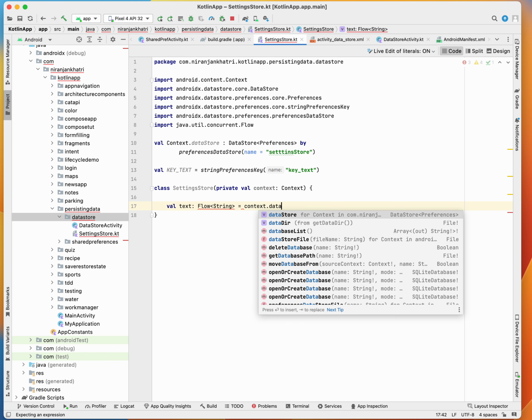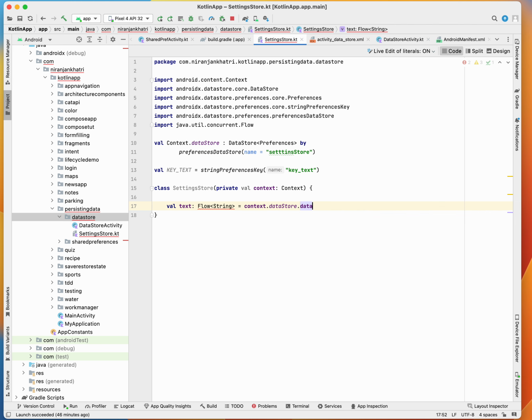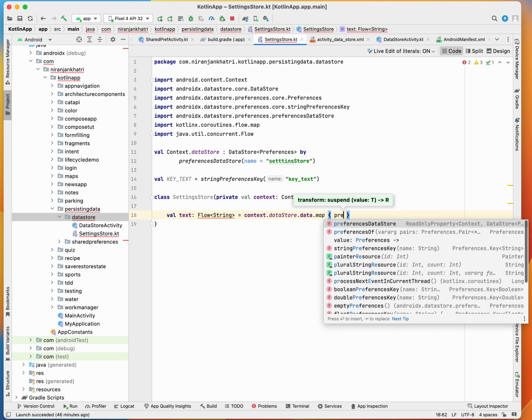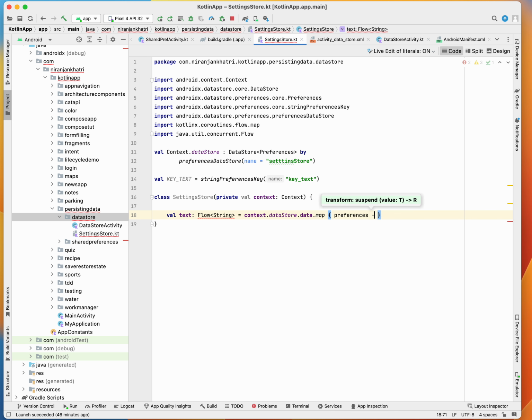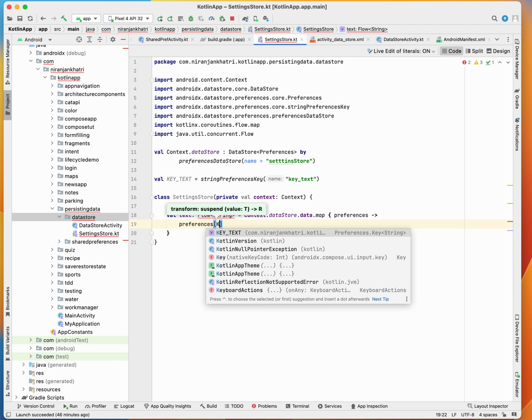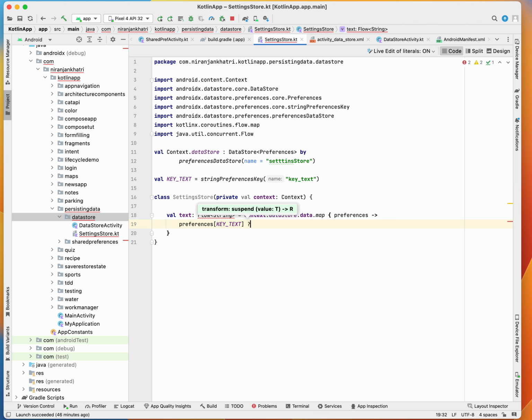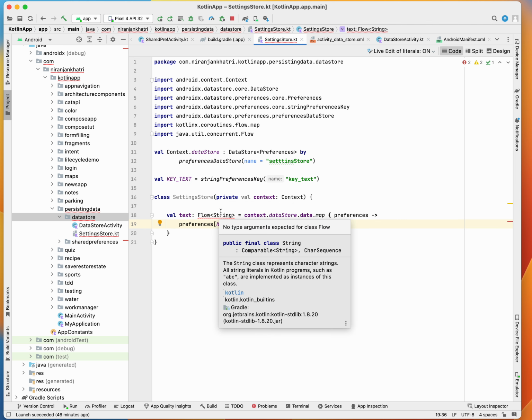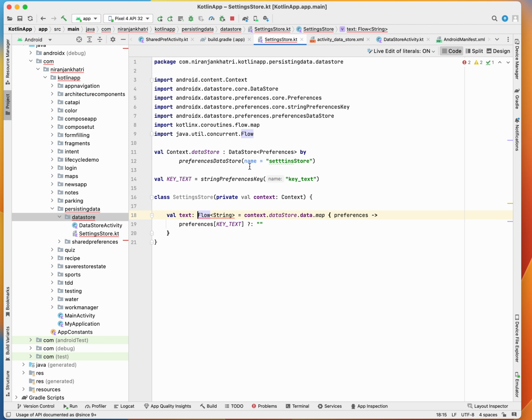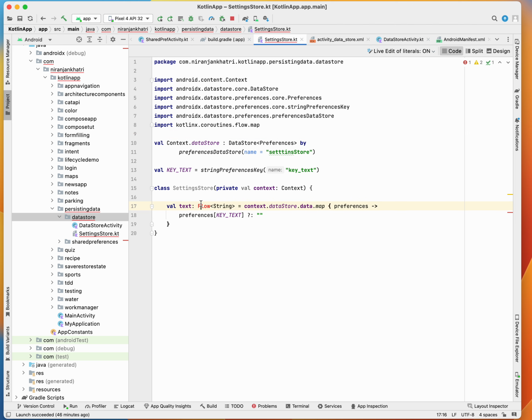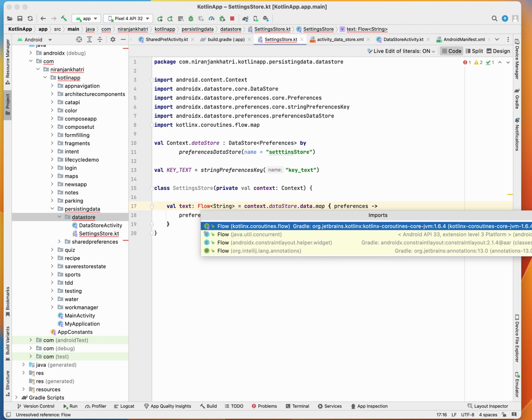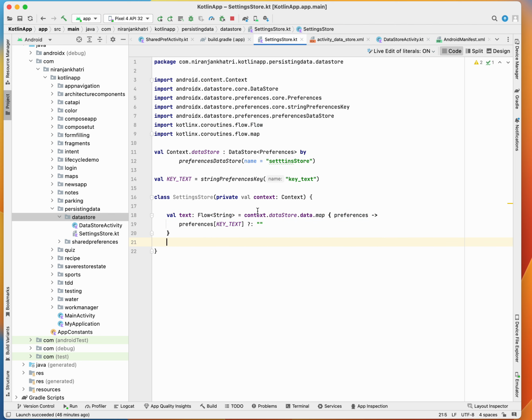So dataStore.data, then we have to map preferences. So preferences key text. It's not a concurrent flow, actually it's a coroutine flow. So yes, we have our necessary implementation, but we also have to declare our